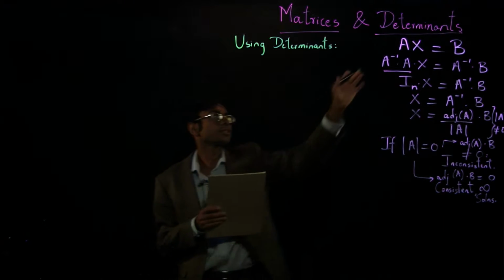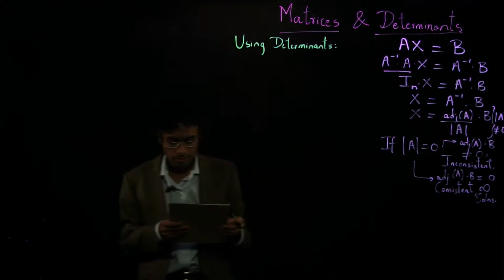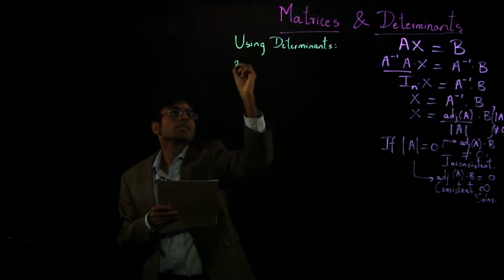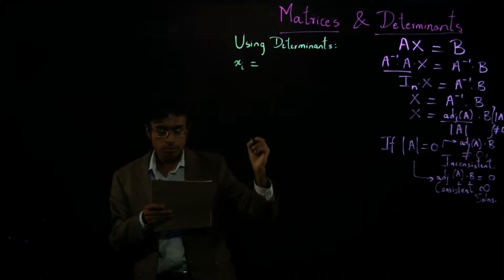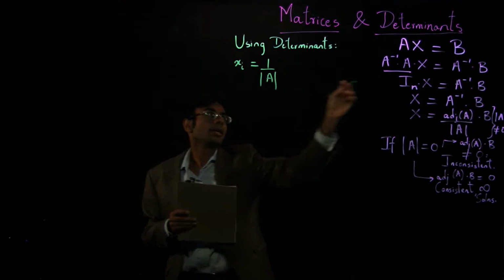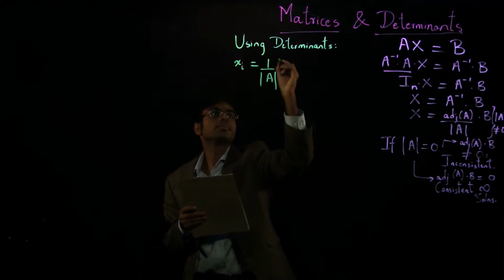For the same system of equations Ax equals b, the solution for each unknown variable is given as xi equals 1 over determinant of A times